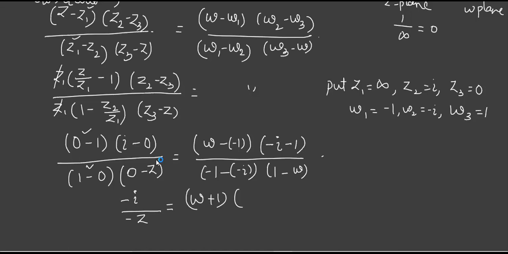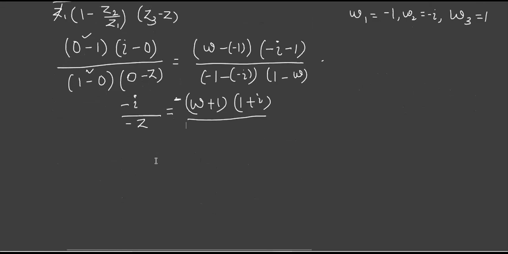Now in this, I'll just take minus outside. That is better because both are negative. So if I take a minus out here, what is this bracket going to be? Isn't it 1 plus I? So what simplification we do is going to differ from problem to problem. By seeing the complexity, we are going to simplify it. Now this is actually -1, minus into minus plus I. Okay, so I'll just take a minus out to get rid of this minus. So what will we get? Isn't it 1 minus I? Then 1 minus W as it is.